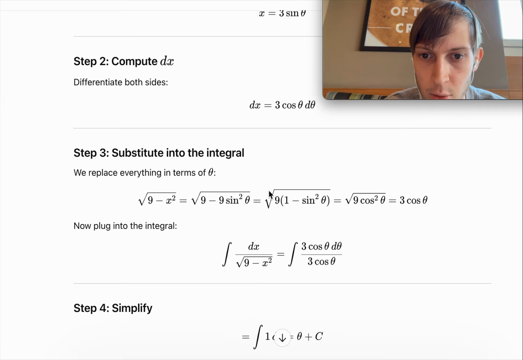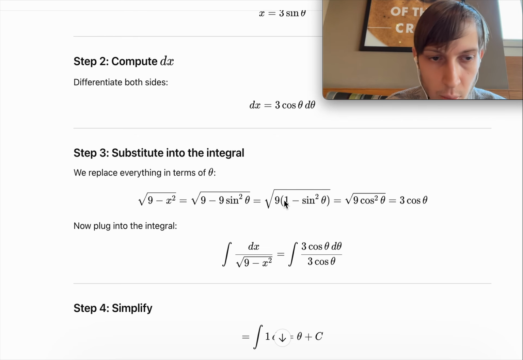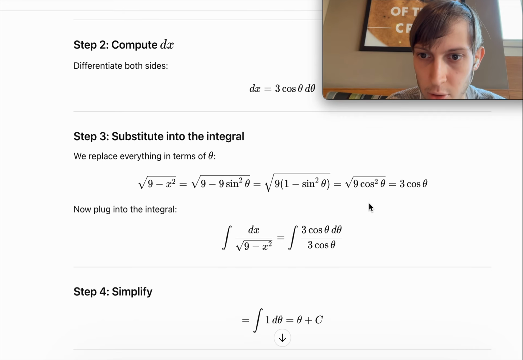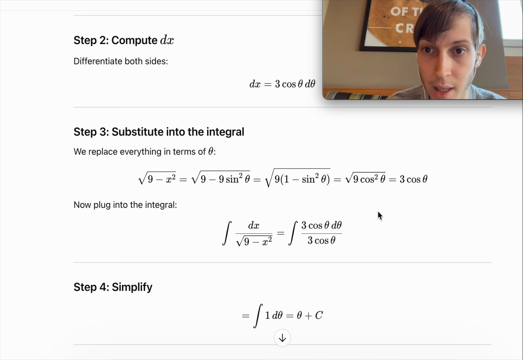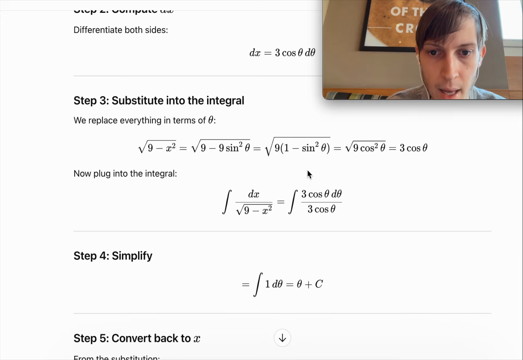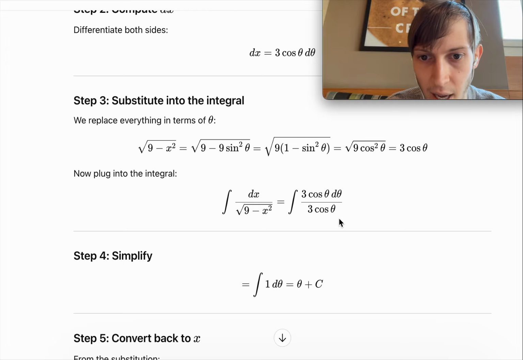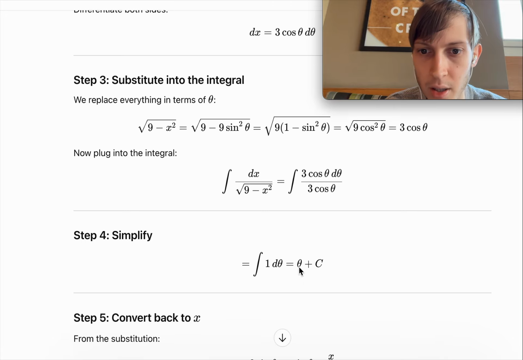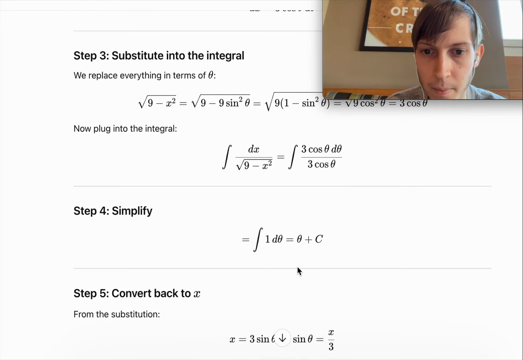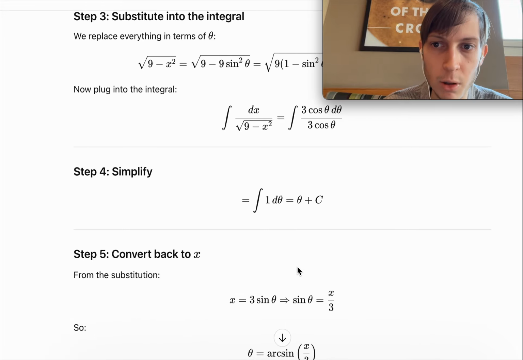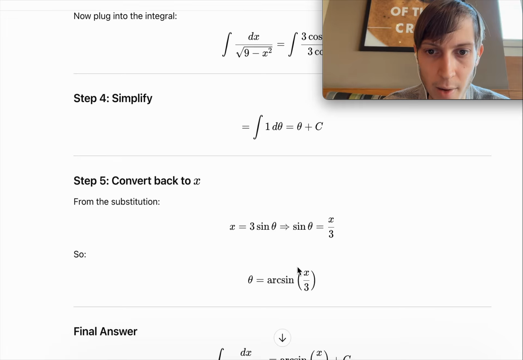and then we get to this sort of thing, and that's useful for us because this is square root 3, and you can rewrite 1 minus sine squared as cosine squared. So we actually get 3 cosine theta d theta, and we plug it into the integral like this, and things kind of cancel out, and then we just get a linear function in terms of theta. But then we have to convert it to x, so we would have 3 sine theta,